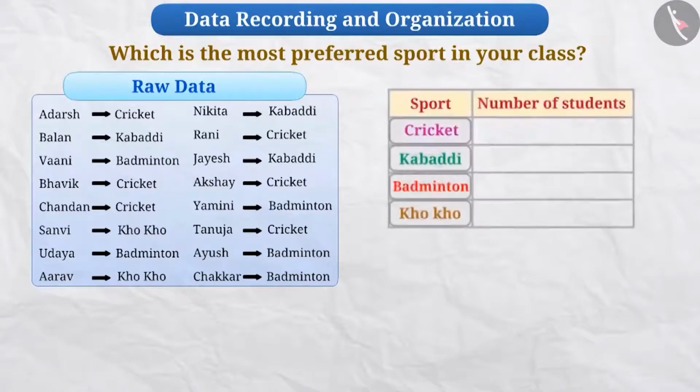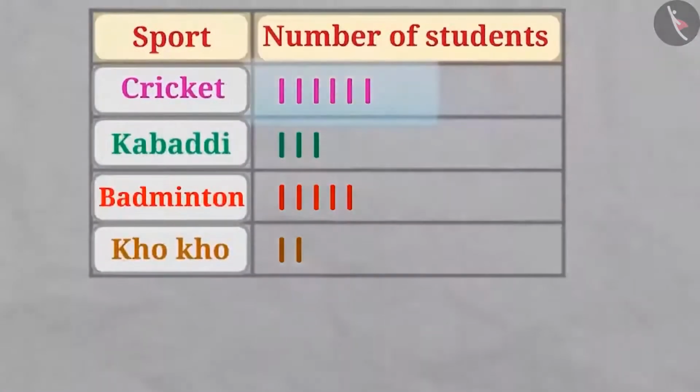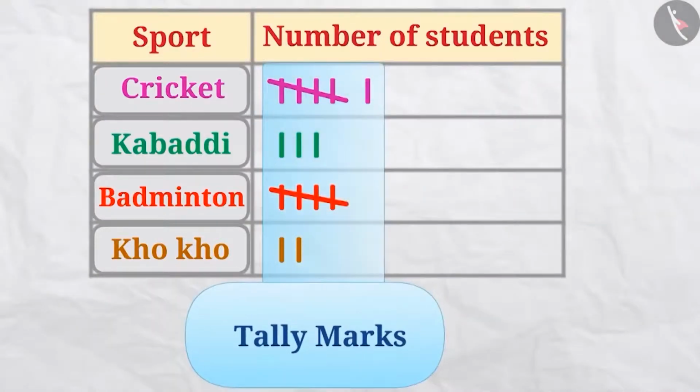Here, we will write the names of the sports on one side and as many tally marks as the students who like them will be made beside them. Now look at this. We may have difficulty counting these lines. To make it easier, we make groups of vertical lines. Generally, groups of 5 lines are easier to understand. So let's make groups of 5. For simplicity, we will use the 5th count as a slanting line. We call these signs tally marks.